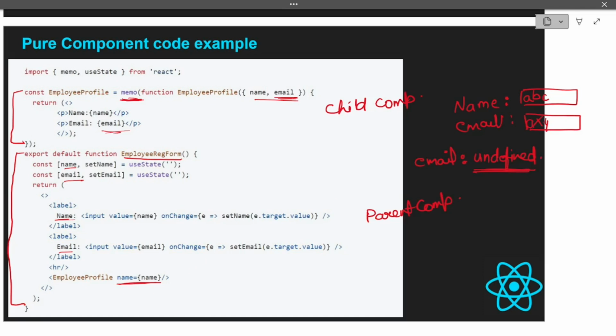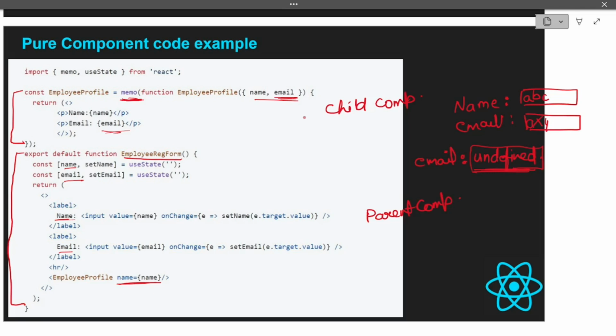The value we are changing, although, that change is only for our parent component, and that change is not getting passed to our child component. So what memo is doing over here is, if the value is always the same and it is not getting updated, why should I update this child component? There is no need for that extra re-rendering. And because of this, the performance of our app increases a lot.